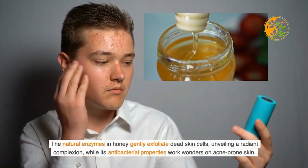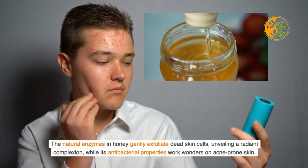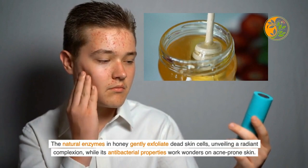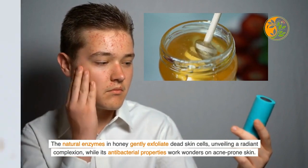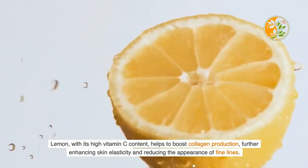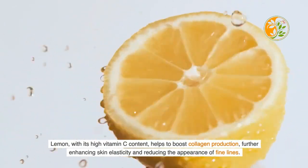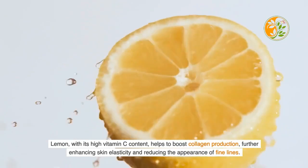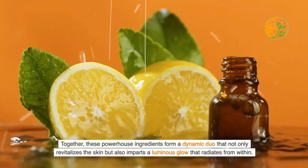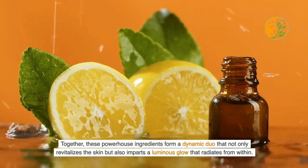The natural enzymes in honey gently exfoliate dead skin cells, unveiling a radiant complexion, while its antibacterial properties work wonders on acne-prone skin. Lemon, with its high vitamin C content, helps to boost collagen production, further enhancing skin elasticity and reducing the appearance of fine lines. Together, these powerhouse ingredients form a dynamic duo that not only revitalizes the skin but also imparts a luminous glow